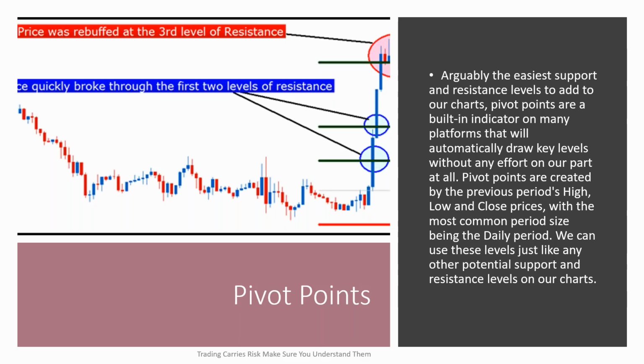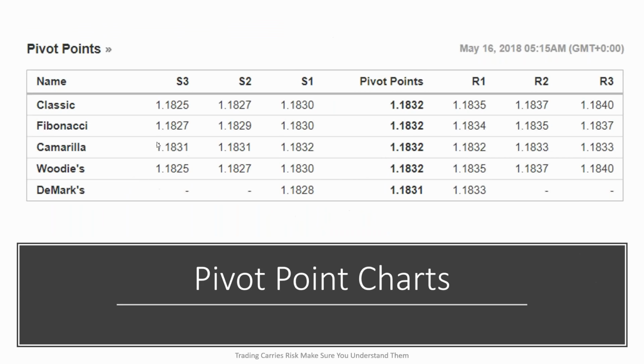Now, we showed you or mentioned some other ways. Arguably, the easiest support and resistance levels to add to our charts are pivot points. Pivot points will give you different levels of support and resistance. These come from mathematical calculations that use the high, the low, and the close, but they're constantly being recalculated as price moves. And there's something called a pivot point calculator, which is free, where you drop in these numbers and do some calculations, and it'll give